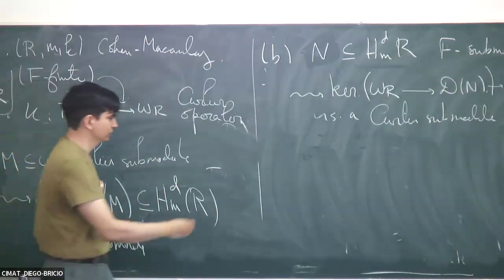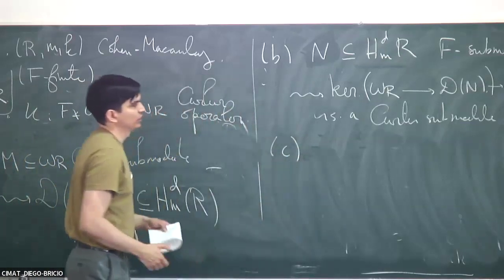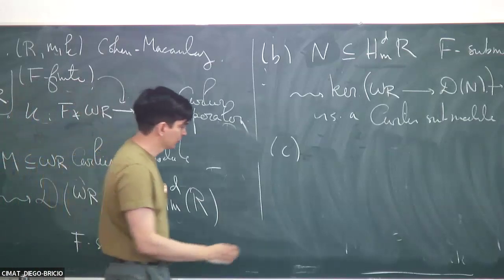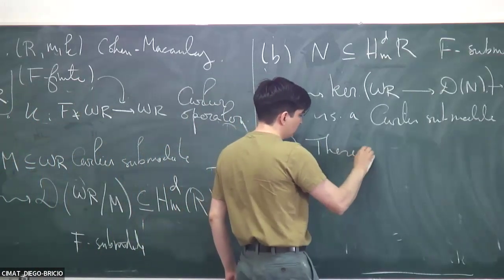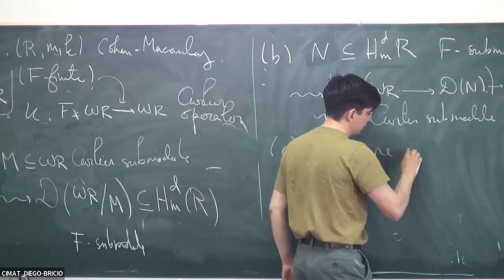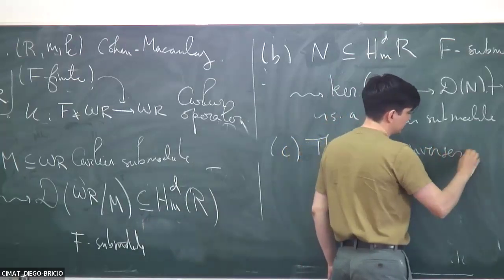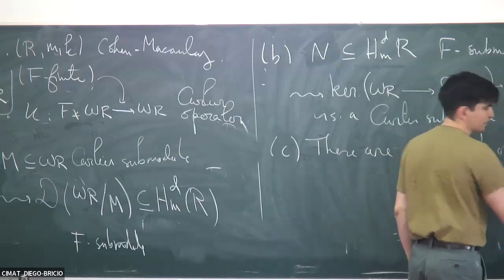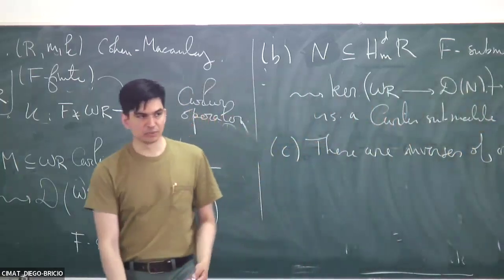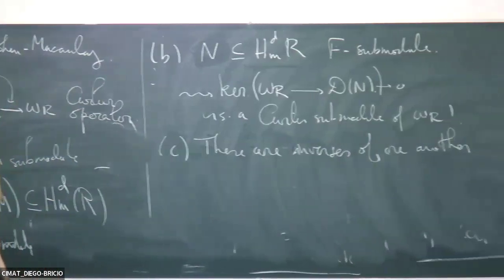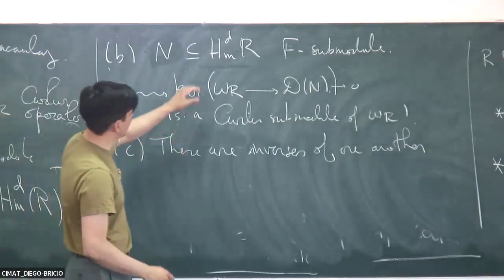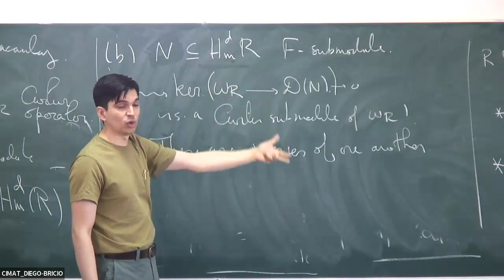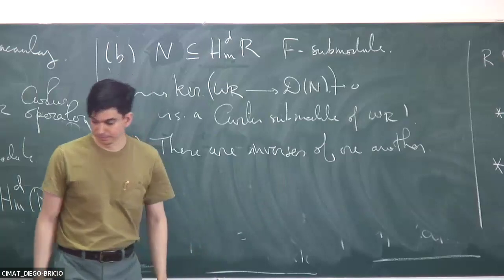Okay, so point C is that these are inverses of one another. Okay, so Cartier substructures of omega are the same as F substructures of top local cohomology by matrix duality. Okay,